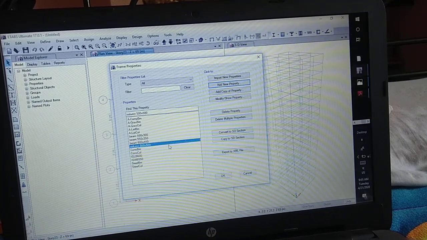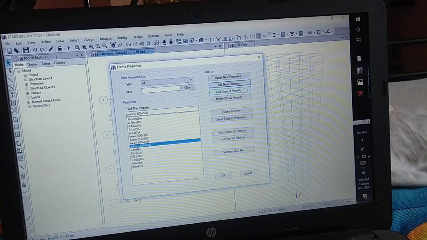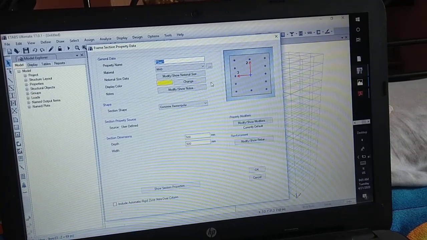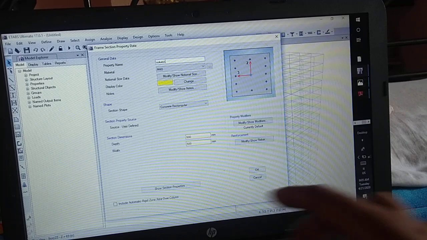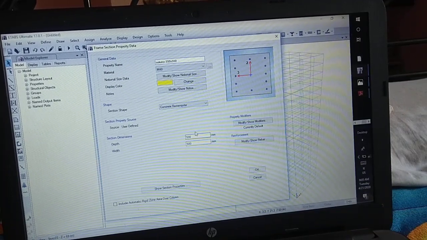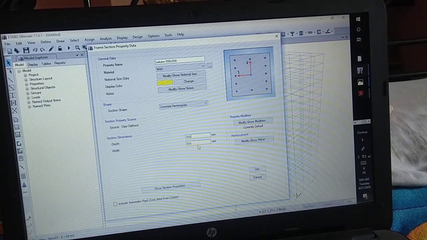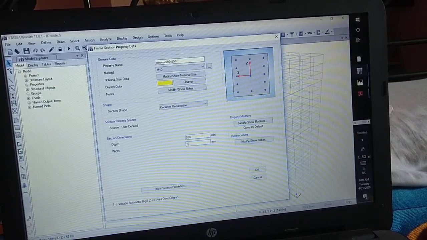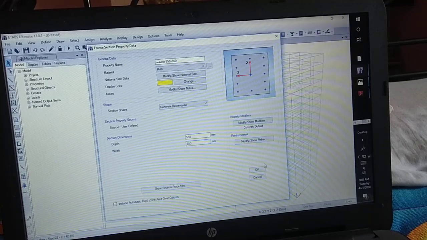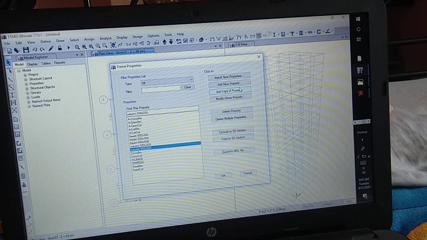Then we have to add two more columns. So add copy of property, change the name, column 550 by 550, change the section dimensions to 550 by 550, then click on OK. Add copy of property.